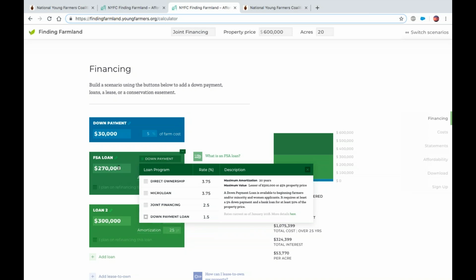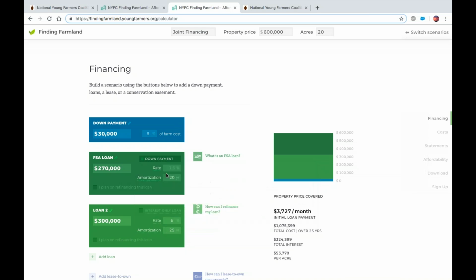And then FSA, as a loan to you, gives you the rest of the money as a down payment at a 1.5% interest rate for a 20-year period. So really here, you're putting down a $30,000 down payment and taking out two loans, one really low interest rate loan with Farm Service Agency, and one more standard loan. So we're putting in the same interest rate, same amortization period. But because FSA is giving you this down payment loan, you're coming to the deal to whoever this other lender is, California FarmLink, American Ag Credit, and it's looking like you're putting a 50% down payment, but really you're only putting a 5% down payment.